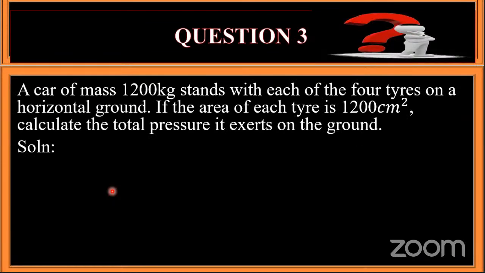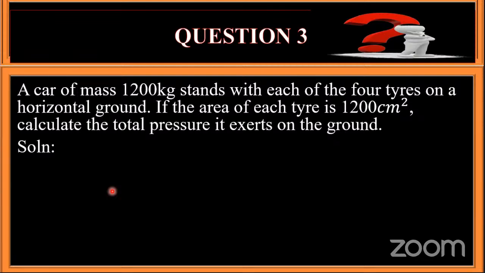Let's see question number 3. Question number 3 is about a car. A car of mass 1,200 kilograms stands with each of the 4 tires. You know a car has 4 tires? We are showing that it has single. A car of mass 1,200 kilograms stands with each of the 4 tires on a horizontal ground. If the area of each tire is,